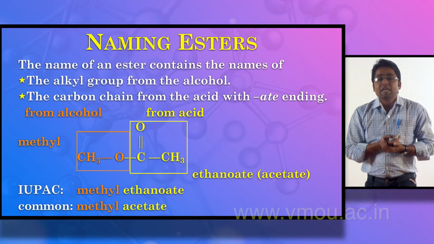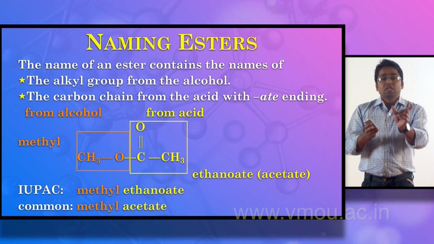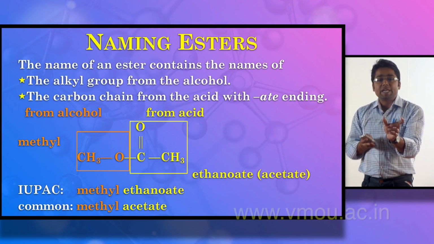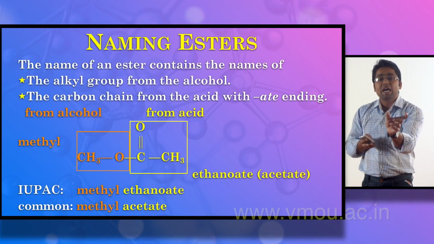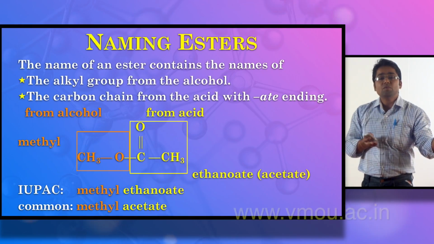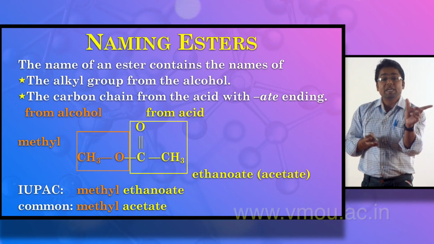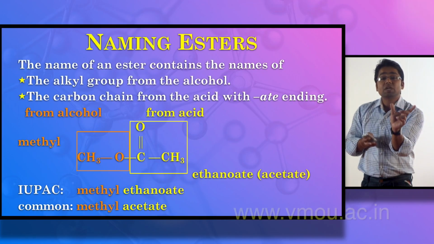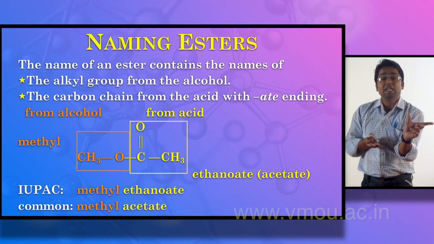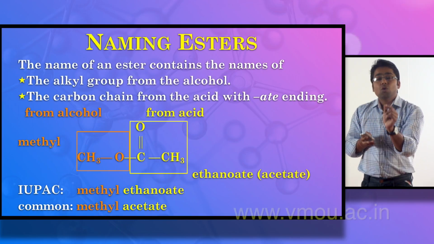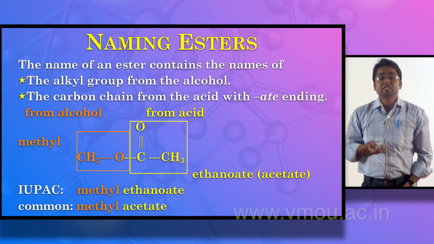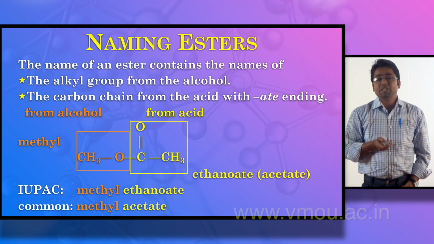Here is the most common example, in which we have shown methyl ethanoate, where the alcohol group is CH3O. So it is methyl, as we mentioned, we have to name that alcohol part as an alkyl. Here the alcohol part is methanol, so it will be named methyl, and the other part is a carbon chain having two carbons, that is, ethane. So the e is replaced by -oate. So it is named methyl ethanoate. This is the basic example of an ester which we have shown in the slide.